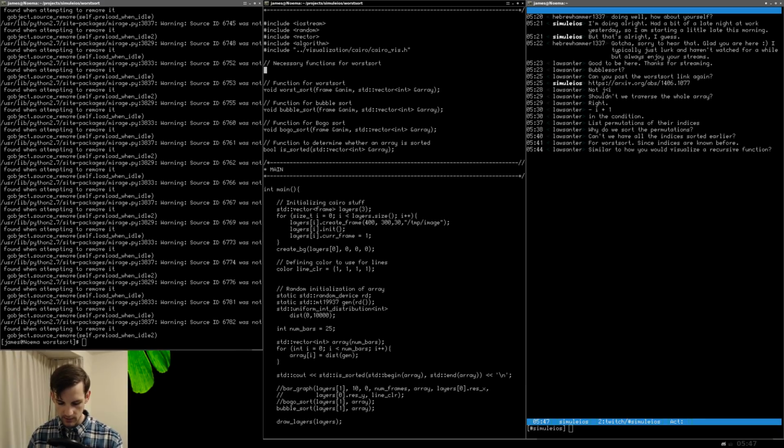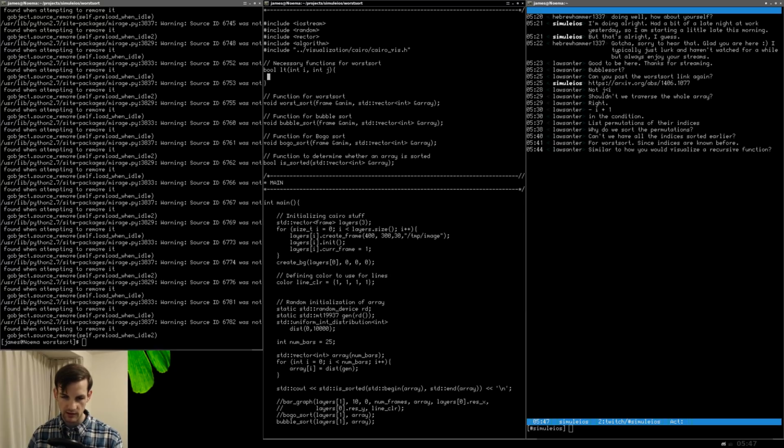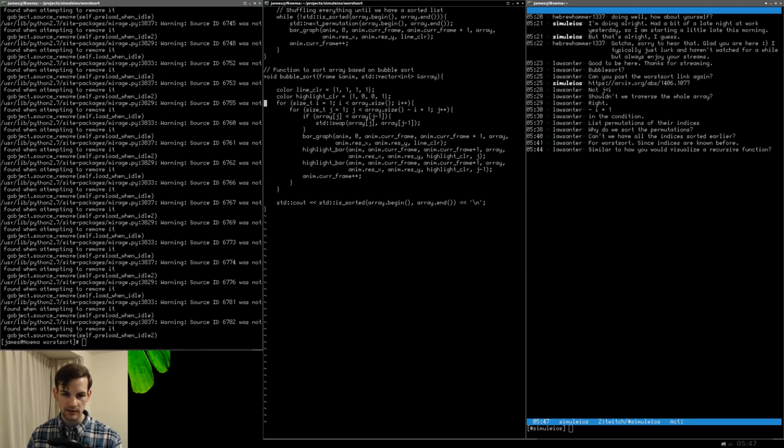So the first function we need is going to be Boolean less than, and this is going to be for basically two integers, I suppose. So int i and int j, and we're going to say return i less than j. There we go. No big deal there. This should be relatively straightforward. In fact, let's just go ahead and put this in parentheses here. The reason I want to do this is so I can pop down here, and in the bubble sort,